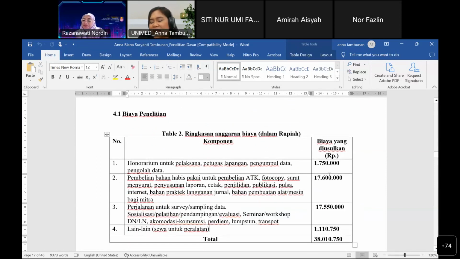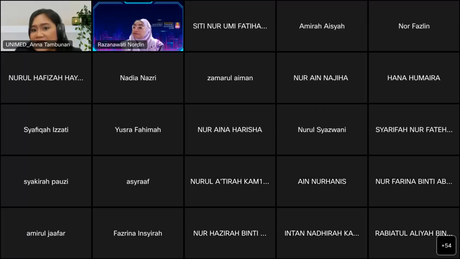Now, but this should be based on the percentages. It means here that the highest payment is for number 2 and number 3. So number 1 could not be higher than number 2 and number 3. So we have to think about the percentages first. It depends on the company, of course, or the organization, Madam Zana.